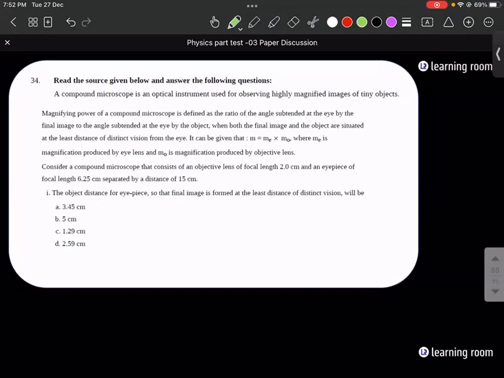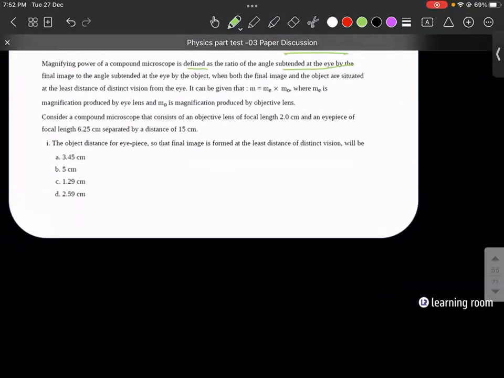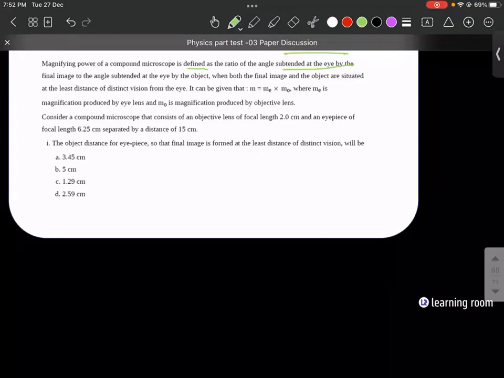So two more questions, we'll finish it. A compound microscope is an optical instrument for magnifying images. The magnifying power of a compound microscope is defined as the ratio of the angles. Okay, all those things are fine. Consider a compound microscope that consists of an objective of focal length 2 and an eyepiece of focal length 6.25, separated by a distance of 15 centimeter. Find the object distance for the eyepiece so that the final image is formed at the least distance of distinct vision. Answer: